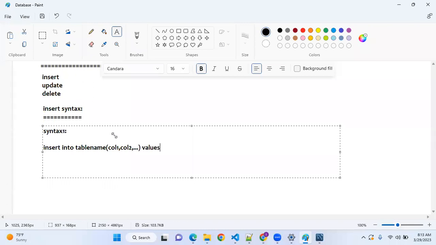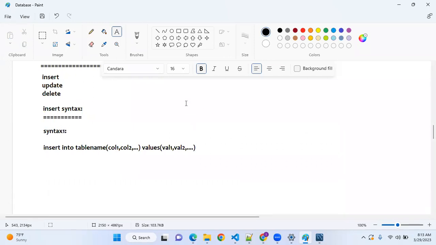Values of val1, comma, val2, comma, dot, dot, dot. Okay, this is the syntax. This is the best syntax, though. How does it take it? The value 1 will go to column 1 and value 2 will go to column 2. You must have understood that by using the syntax. Whatever order we give, those values will go to the particular columns.